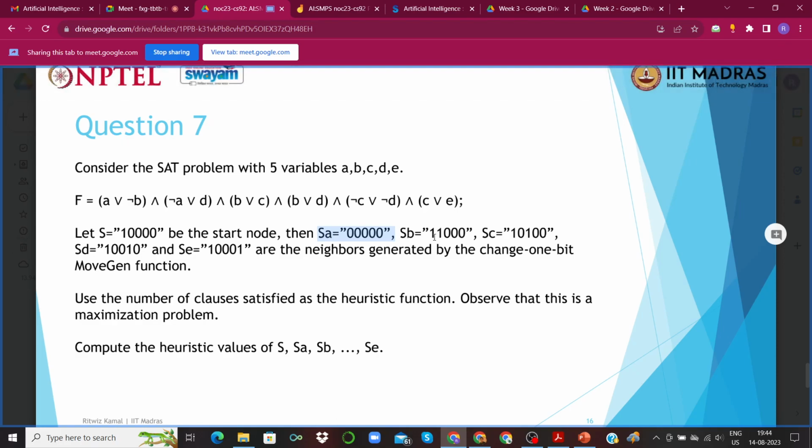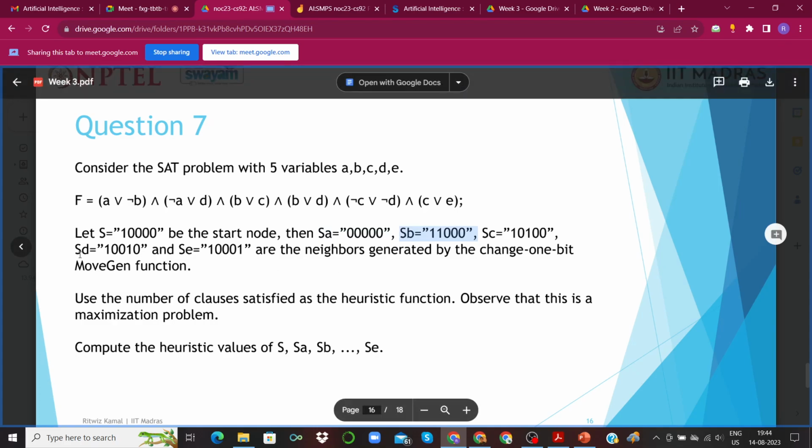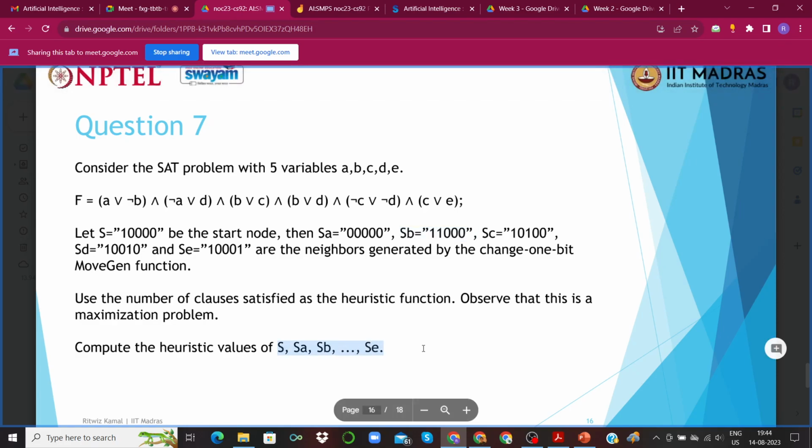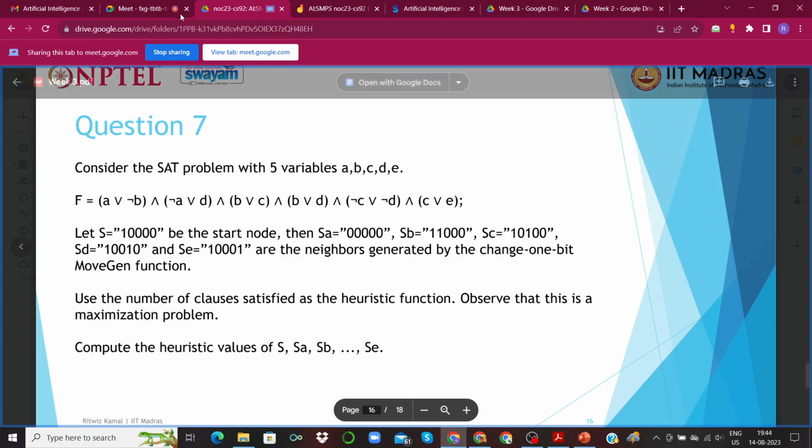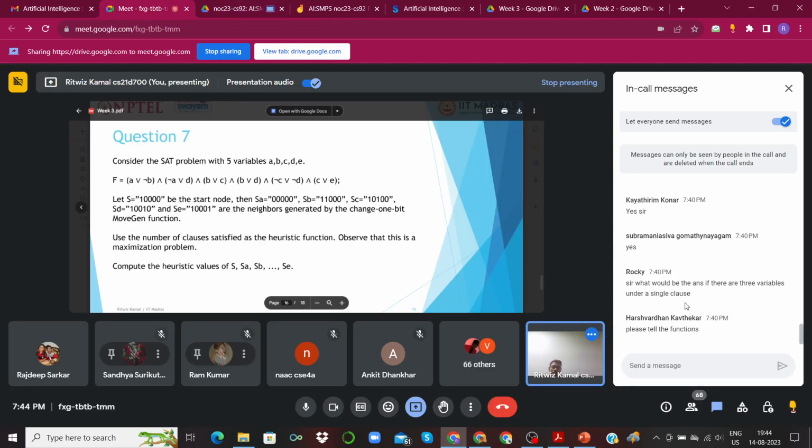If you are flipping the value of the B variable, we're calling it SB. So similarly, we have SA, SB, SC, SD, and SE. And we have to calculate the heuristic value for each of these. So you already calculated the heuristic value for two of these. I'll give you some time to calculate the heuristic values for SB, SC, SD, and SE.